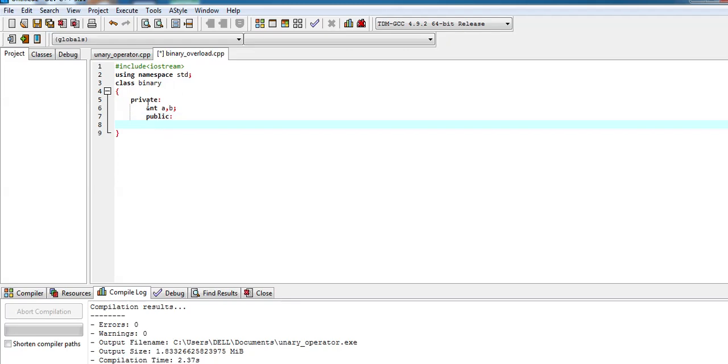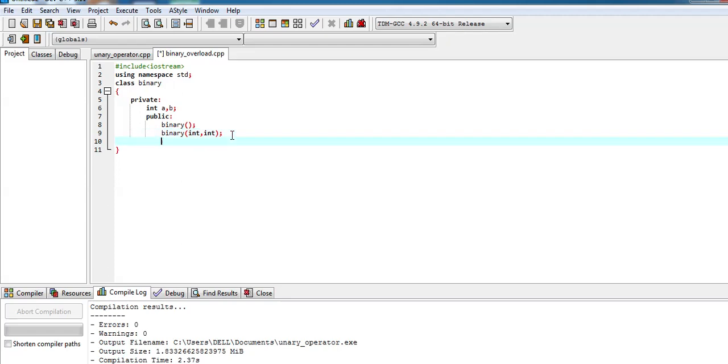So the first function is our default constructor. As you are seeing, there is no return type, and its name is just the same as the name of the class. Then the other function is the overloaded constructor. As we have two variables a and b, we will write int two times for the two variables,